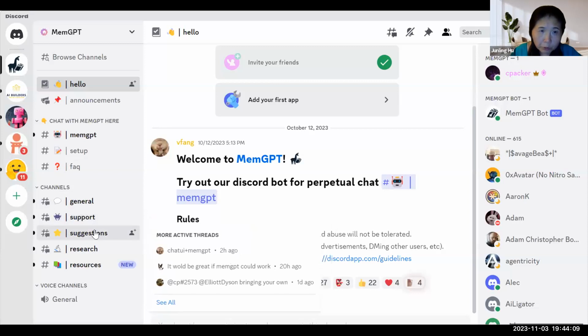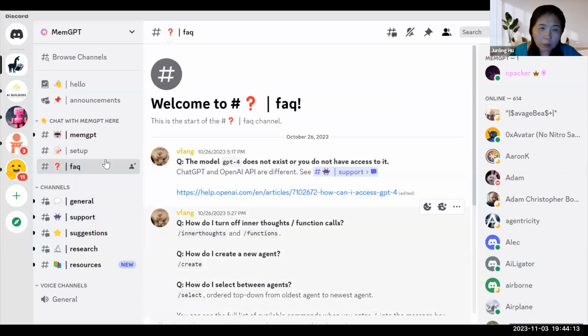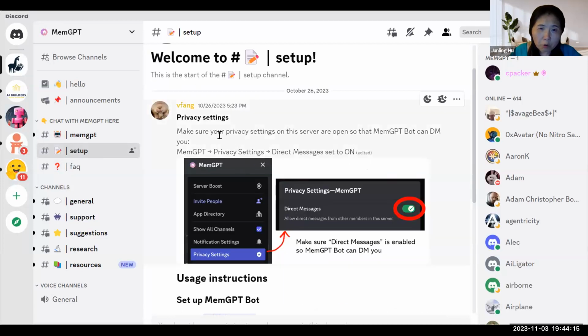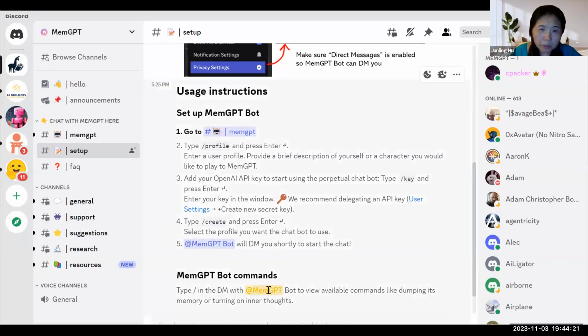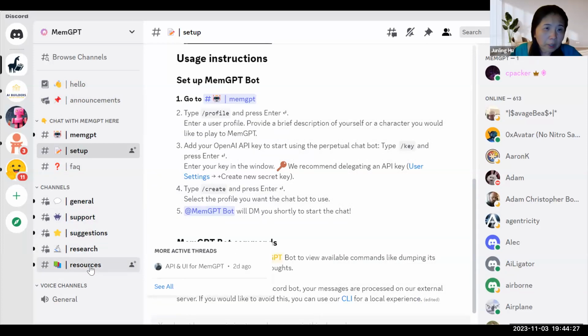So if you go there, you see their FAQ to help you actually set up your own private chatting with the bot. This is just all the settings, and there are other things supported.